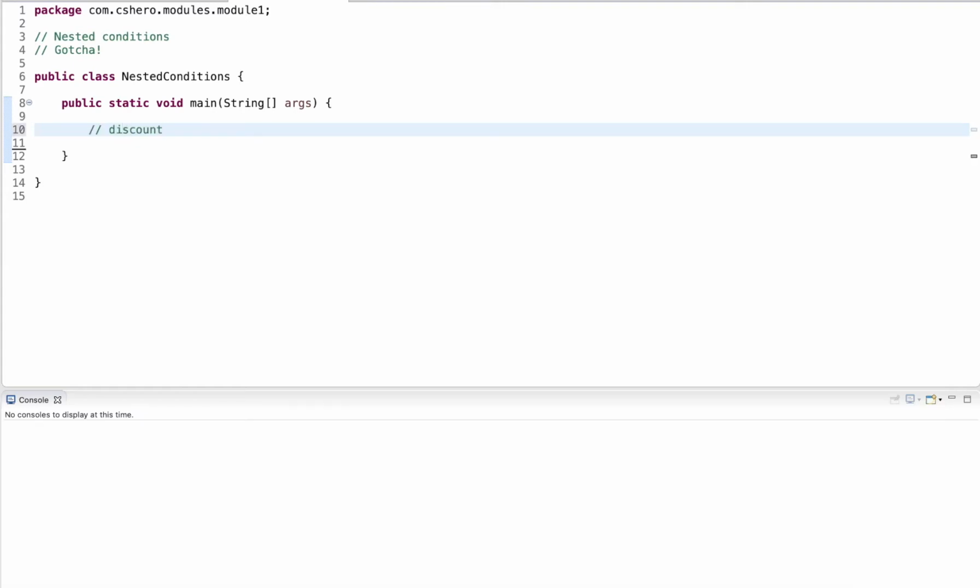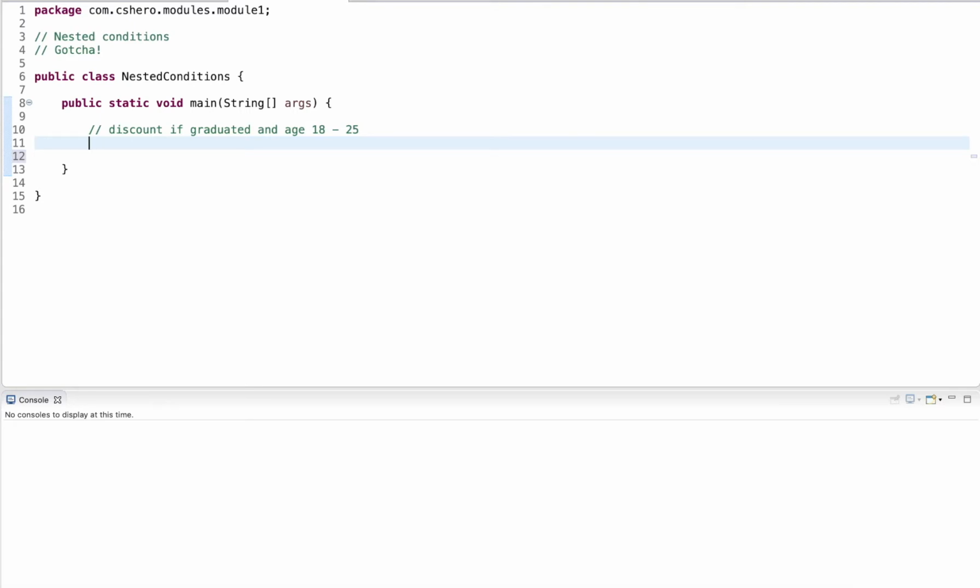Let's say we want to apply a discount for somebody who has graduated and is in the age of 18 to 25. So I create a scanner class to read an input.